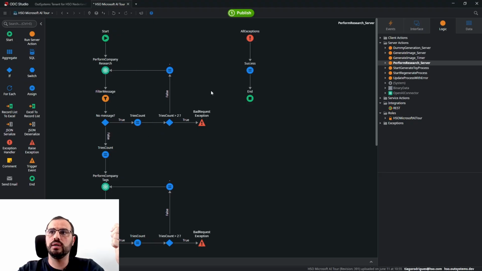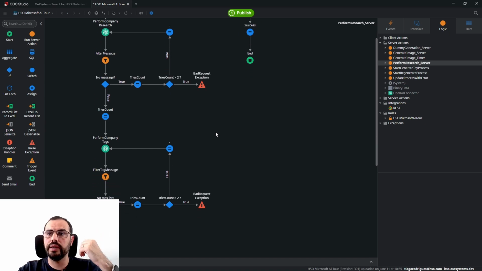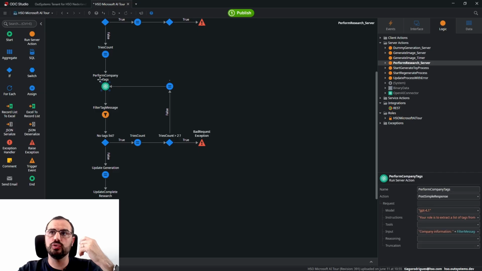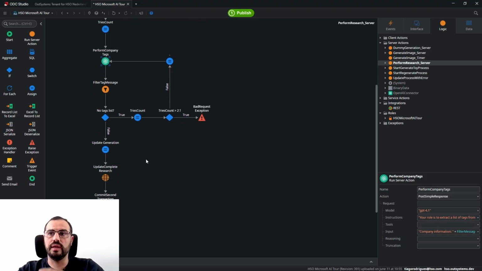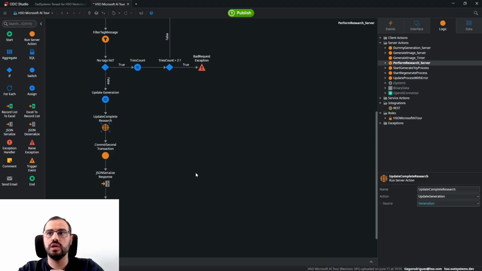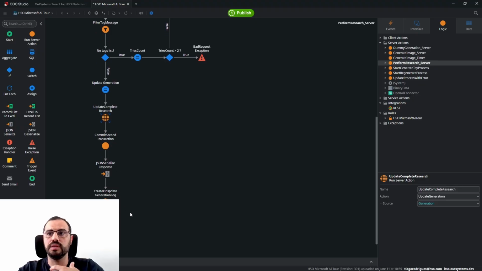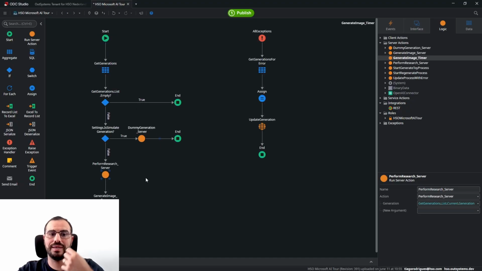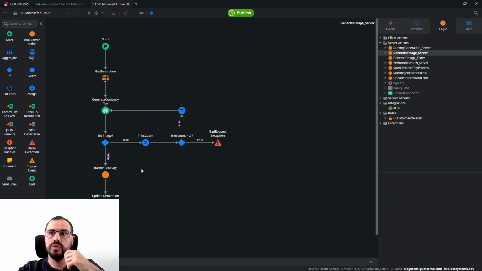We have here a three-try retry mechanism in case something is wrong or if it gives timeouts. And on the third time, it simply updates the process and stops it. And then we also do the same thing for the tags. So we ask it to generate a list of comma-separated tags for us to put it. And after that, we update the status. We put there the message, we update the status, and then we go to the second step. And the second step, we call again